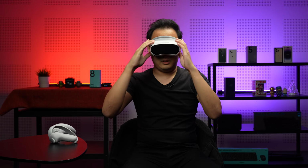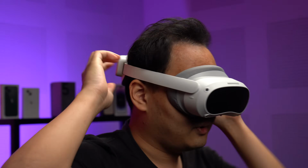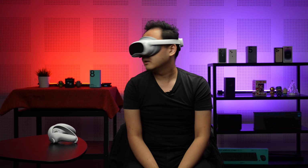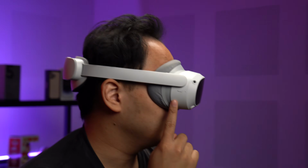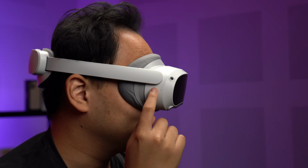Alright, let's get on with it. As you can see, there are two straps here that go on either side of your head, but there's also space for a third strap, which is included in the box, if you want extra security for the top of your head. I don't want to mess up my hair, so I'm not going to do that. So you put it on, and then you put the strap behind your head, and then you can twist this to tighten and make sure it's snug around your head. This is pretty snug for me. I don't think it's going to move around too much. And then there is a power button on this side of the goggles. You just press